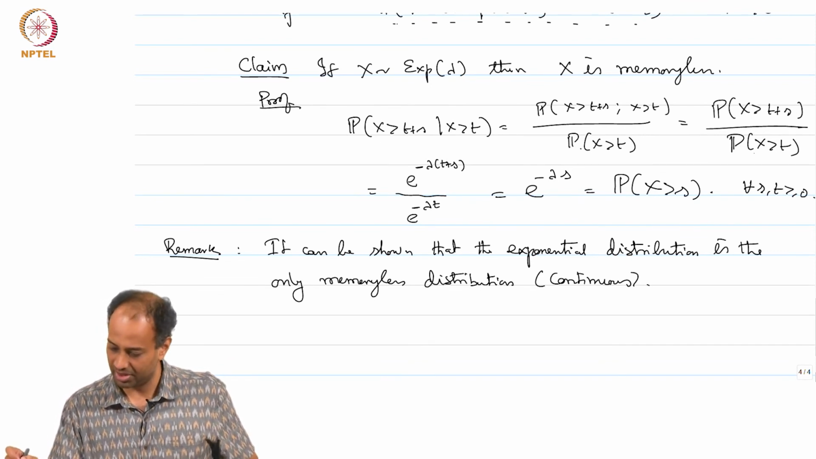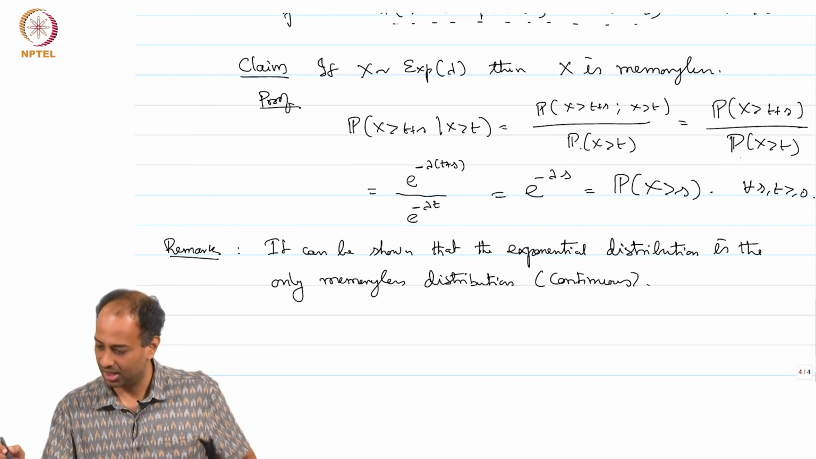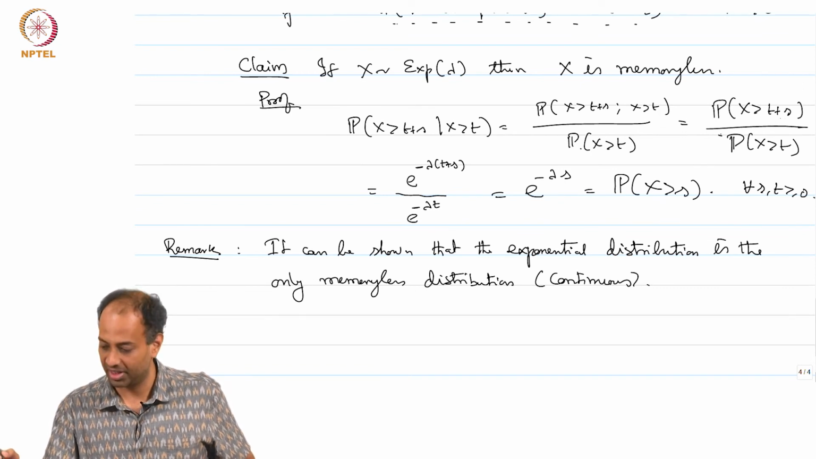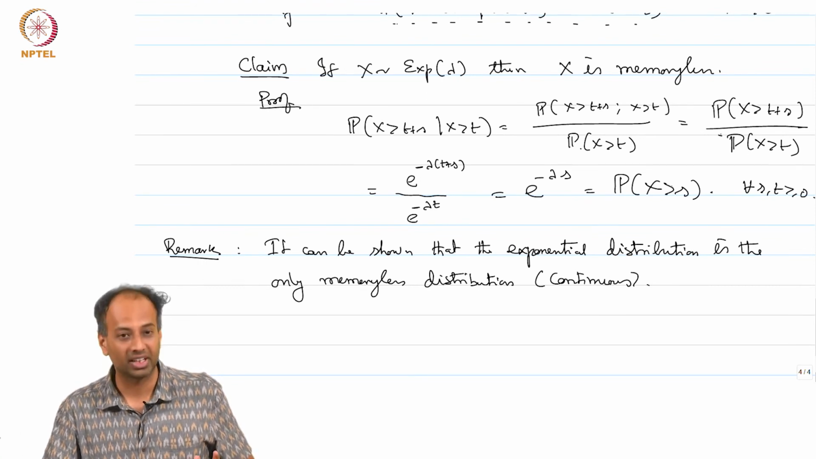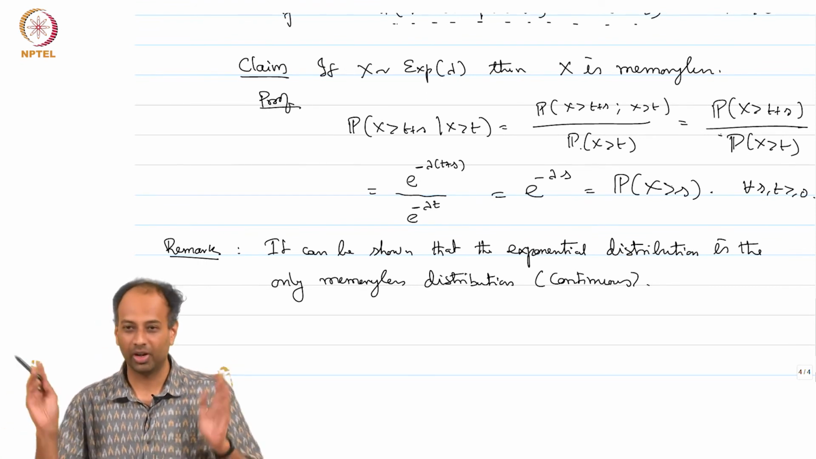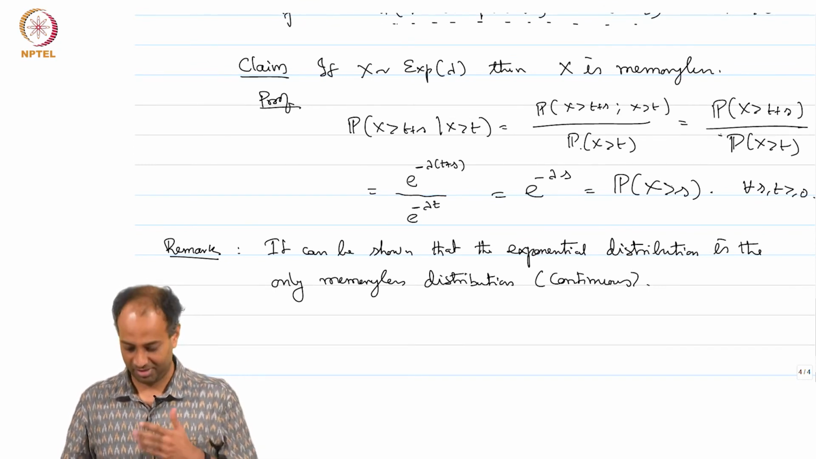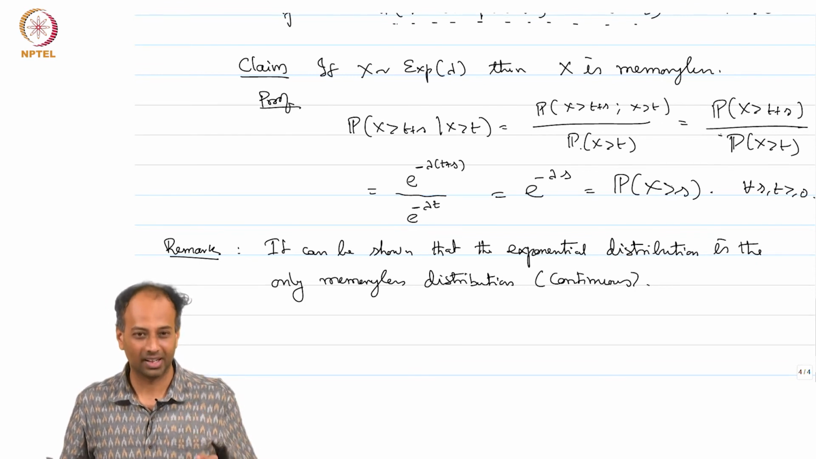So, essentially you have some sort of a functional equation. You have probability of x bigger than t plus s divided by probability of x bigger than t is equal to probability of x bigger than s. So, you turn that around. You have the complementary CDF at t plus s is equal to the complementary CDF at t times the complementary CDF at s. Now, you go ahead and take logarithm, solve this functional equation, and you can prove that you will get an exponential